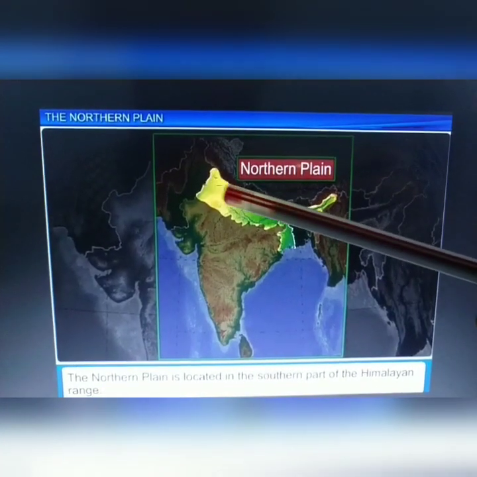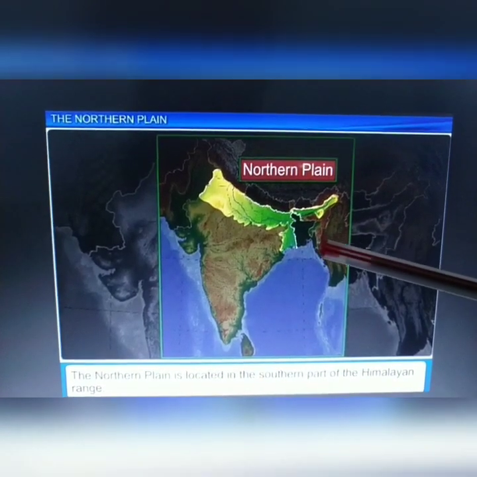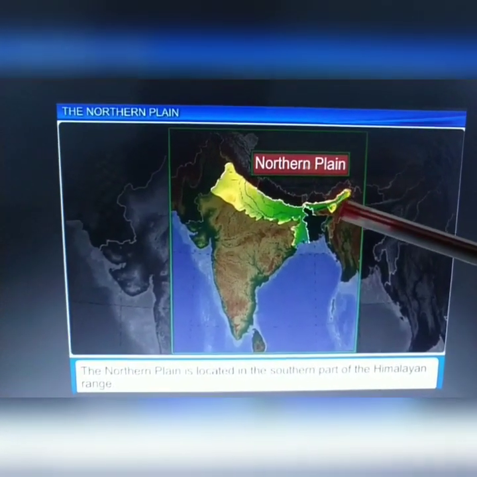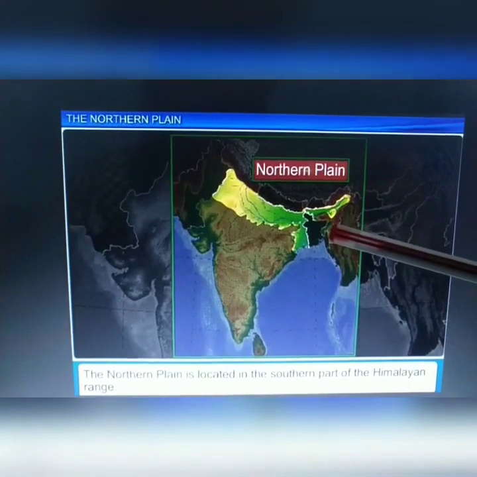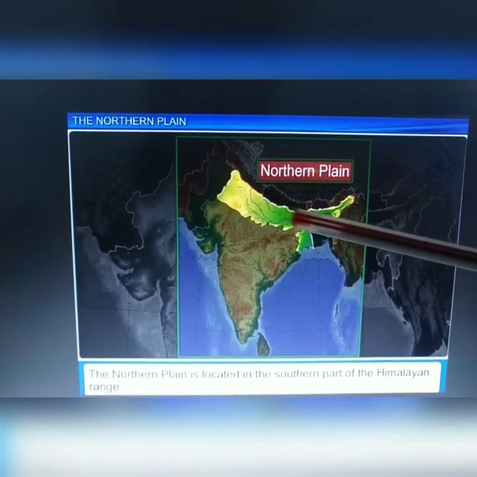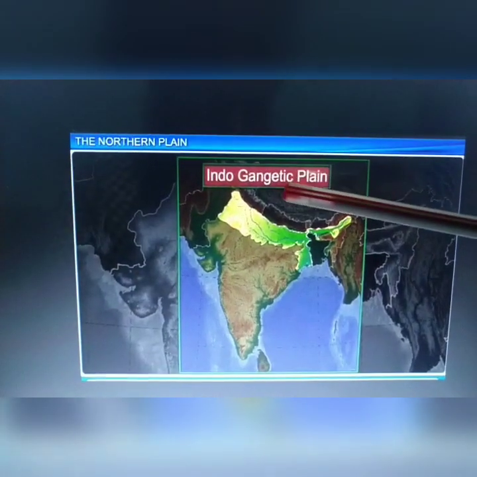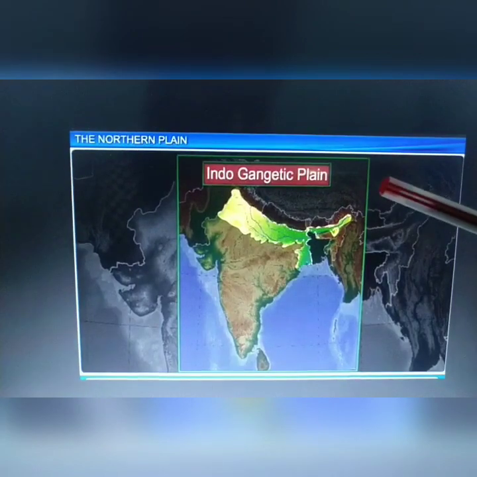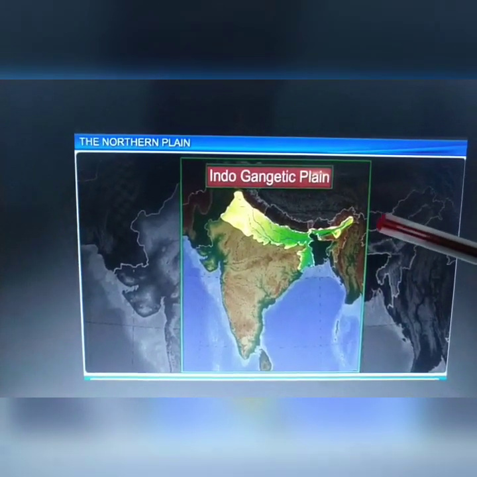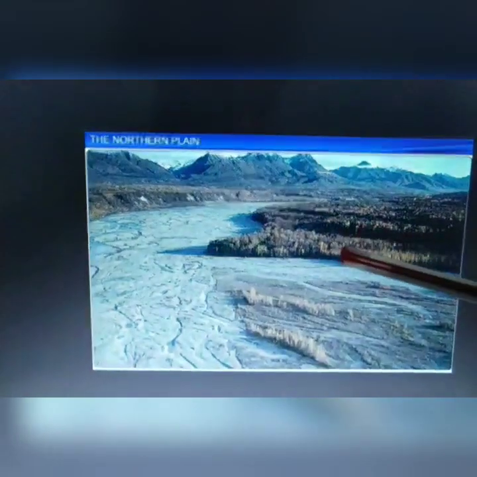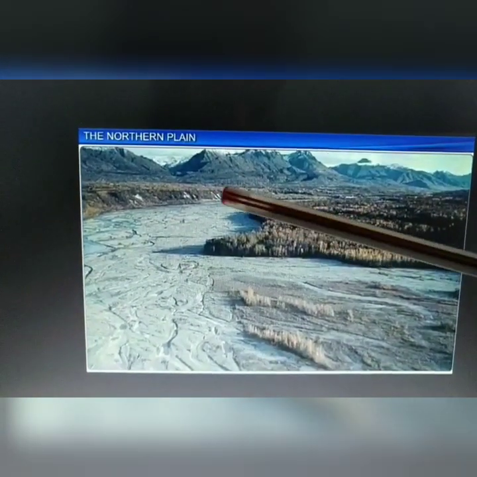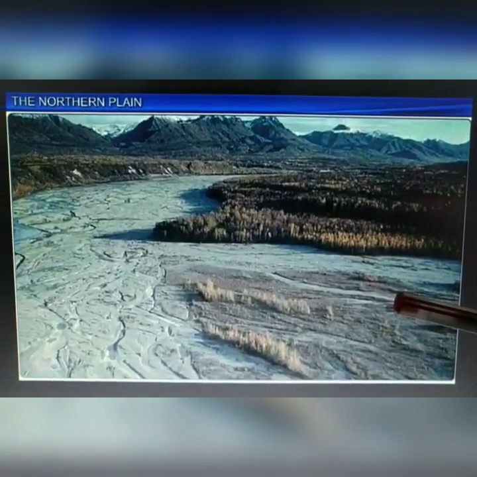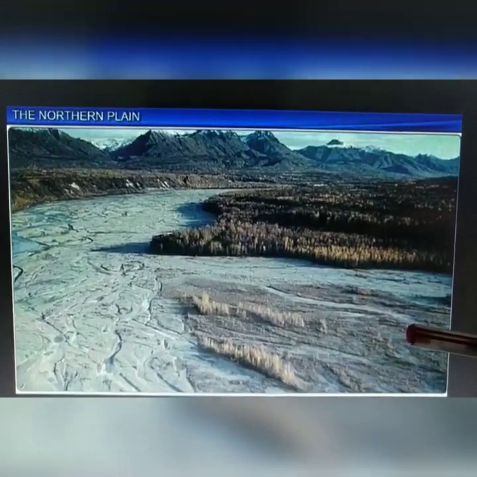The northern plain is formed by the deposition of silt and sediments by the Himalayan rivers. It is formed by the three major rivers, Indus, Ganga and Brahmaputra, and it starts from the Himalayan rivers. It is also known as the Indo-Gangetic plain. In the starting stage the rivers carry the silt and sediments,